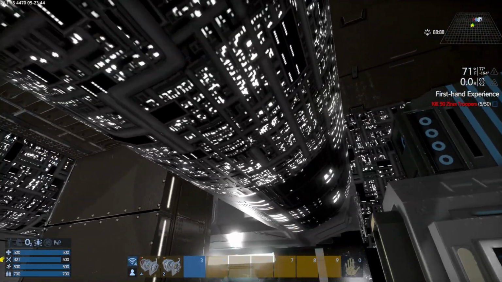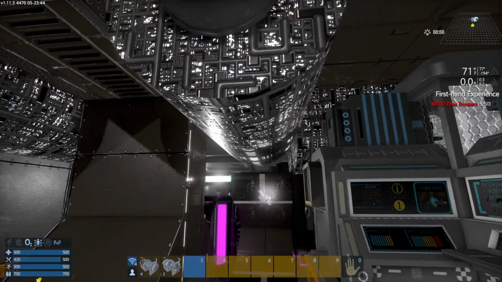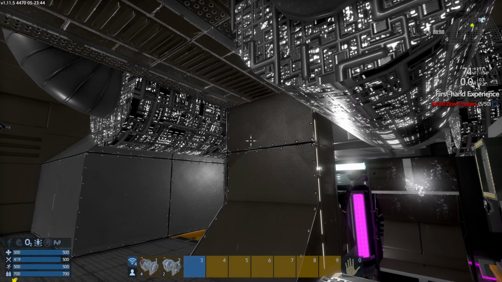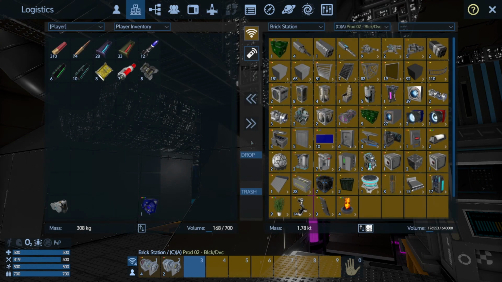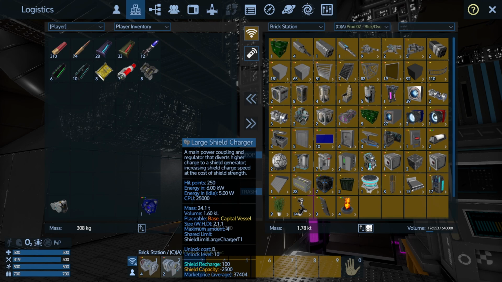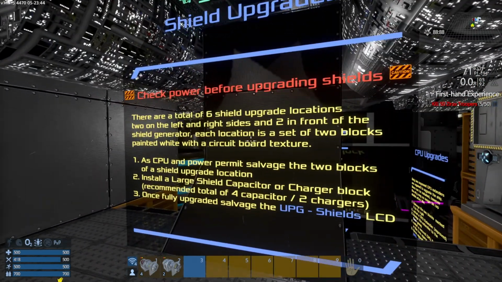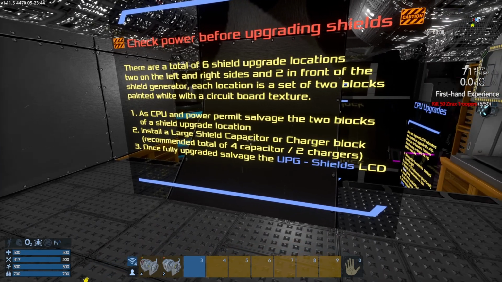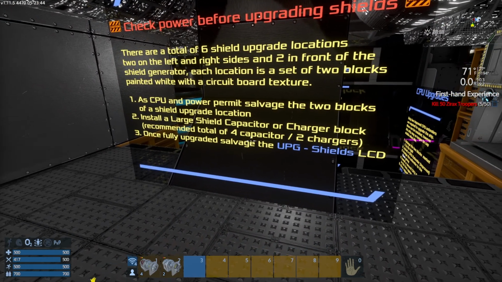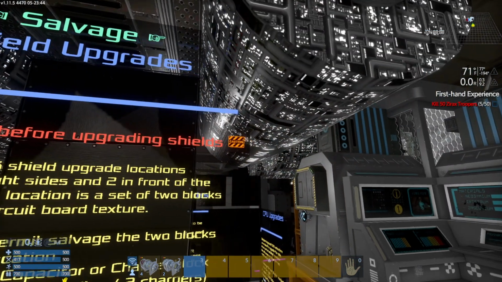So 2 go up here, 2 over here. I am trying to decide how I'm going to do this. They look similar but different at the same time, if you see in the little mini icon thingies down there in the toolbar. And there's only the 2. What is it? Oh, you know what I'm going to do? Well, I don't know what I'm going to do. We got 2 shield chargers and 2 large capacitors because that is what it recommended on the list thingy here. 6 shield upgrade locations on the front and still a large shield capacitor or charger block. Recommended total of 4 capacitors and 2 chargers. So that's what I have. 4 capacitors and 2 chargers, and that's what it recommended. But I'm seeing...